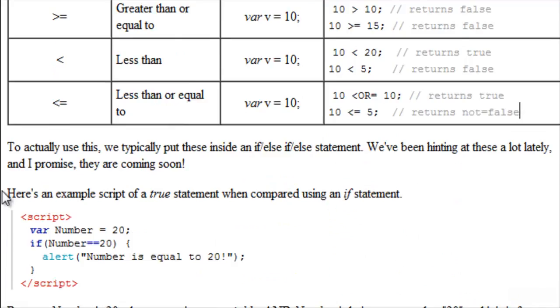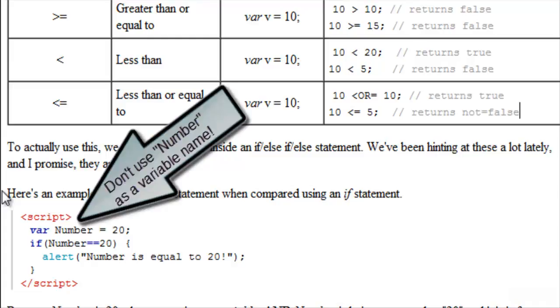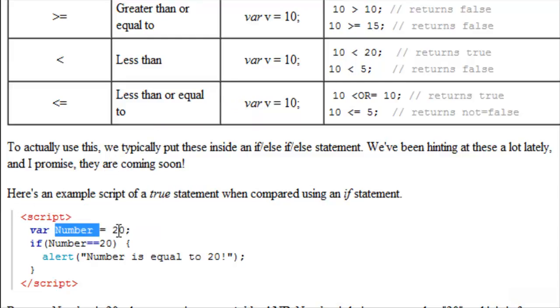So to actually use this, we typically put these inside an if-else statement. We've been hinting at these a lot, and I promise they're coming really soon. But before we go on, here's an example of a true statement when compared using an if statement. And for the next part of this class, we're going to hint at what an if statement is and prepare for it. Variable number is equal to 20,